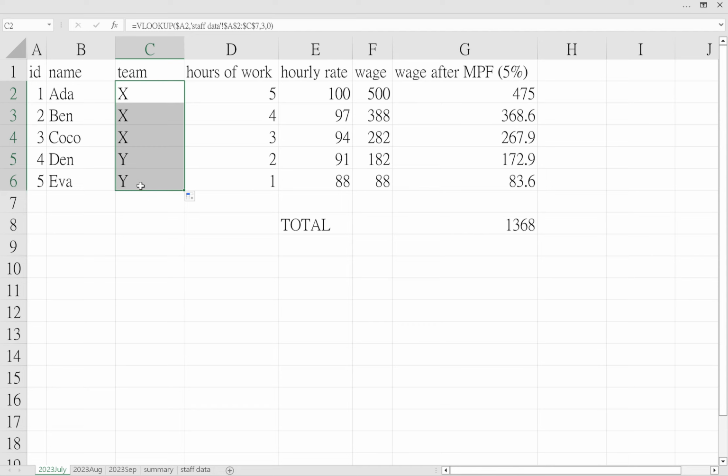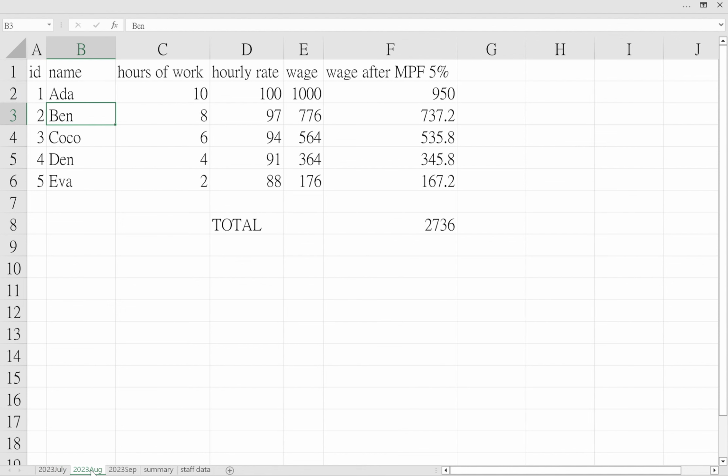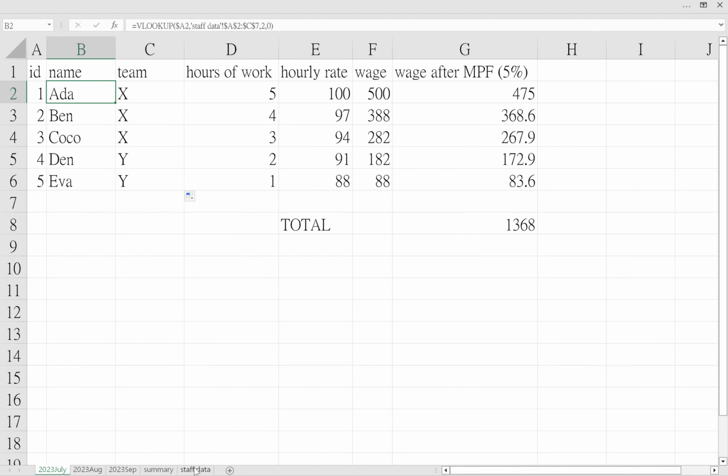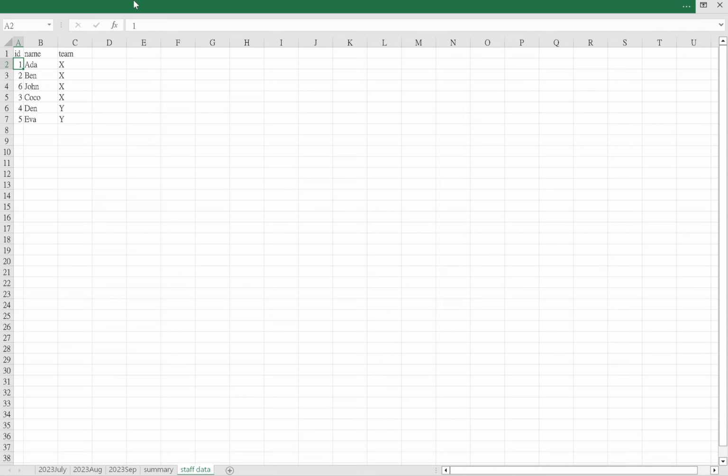Now I'm going to tell you a trick in Excel to simplify specifying the range. You see, we are specifying the range like this: staff data A2:C7, but if we do this every month, that seems a little bit troublesome because we have to specify the range again. In Excel, there is a function called naming the range,